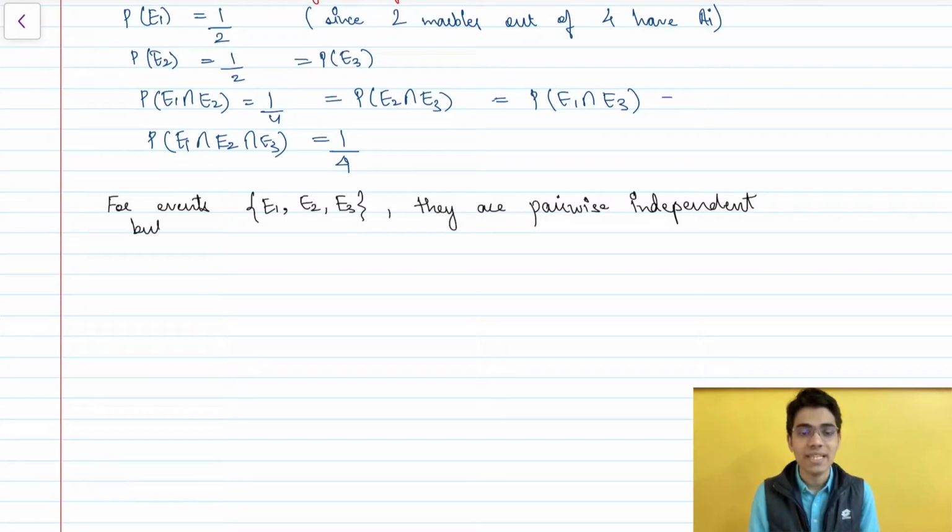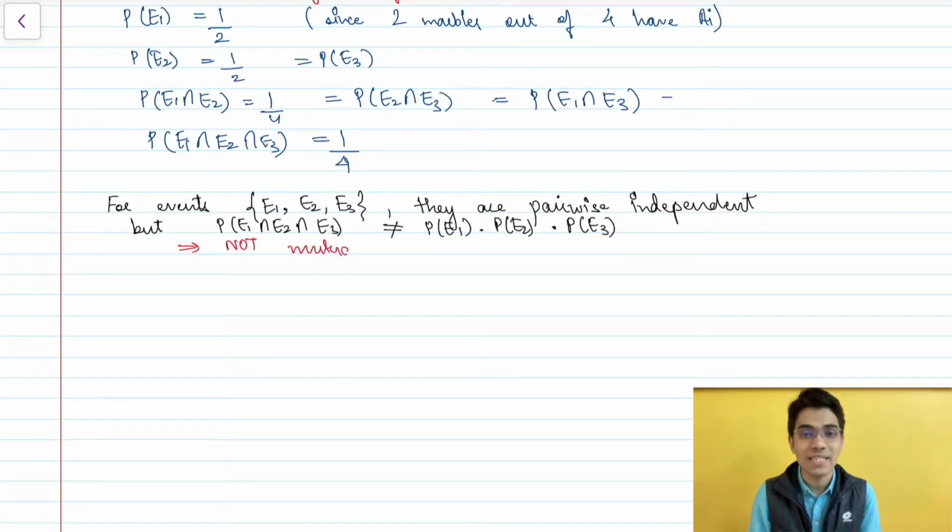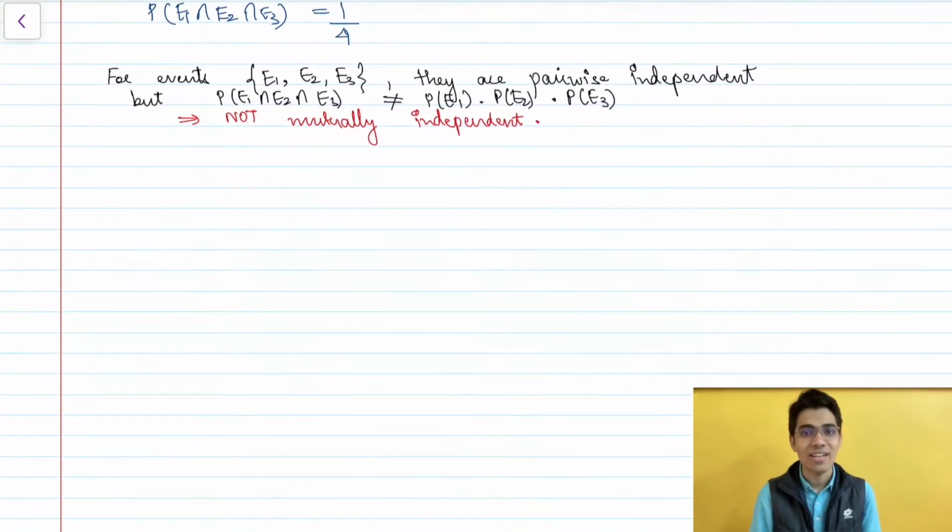But you can see that P of E1 times P of E2 times P of E3 would give half to the cube, that's 1 by 8, which is not equal to 1 by 4, and thus these events are not mutually independent. Having understood the concept of pairwise and mutual independence and the subtle difference or implication of mutual independence over pairwise independence,